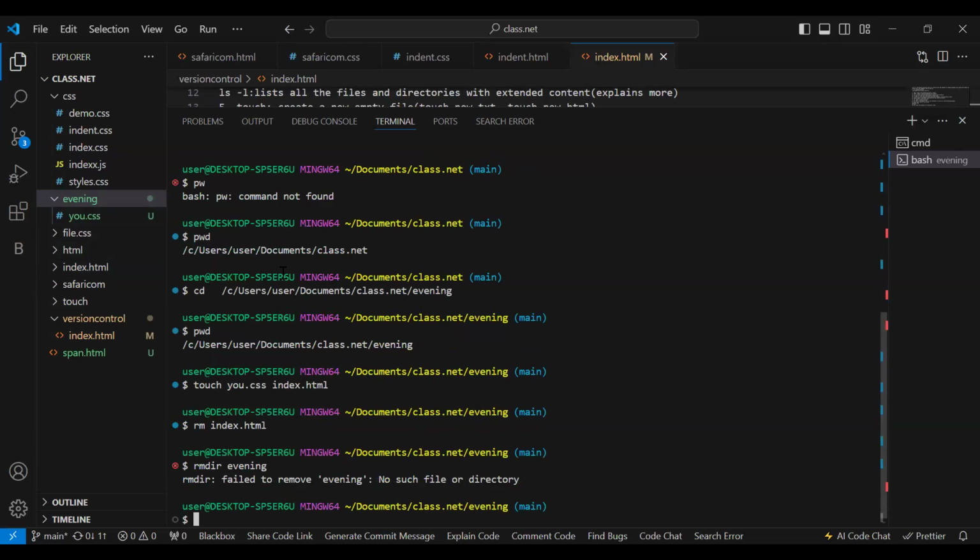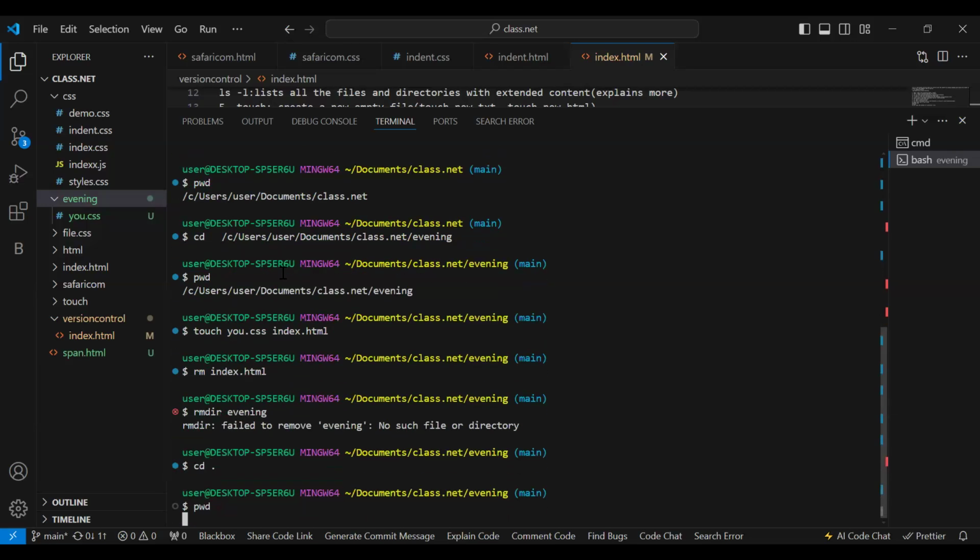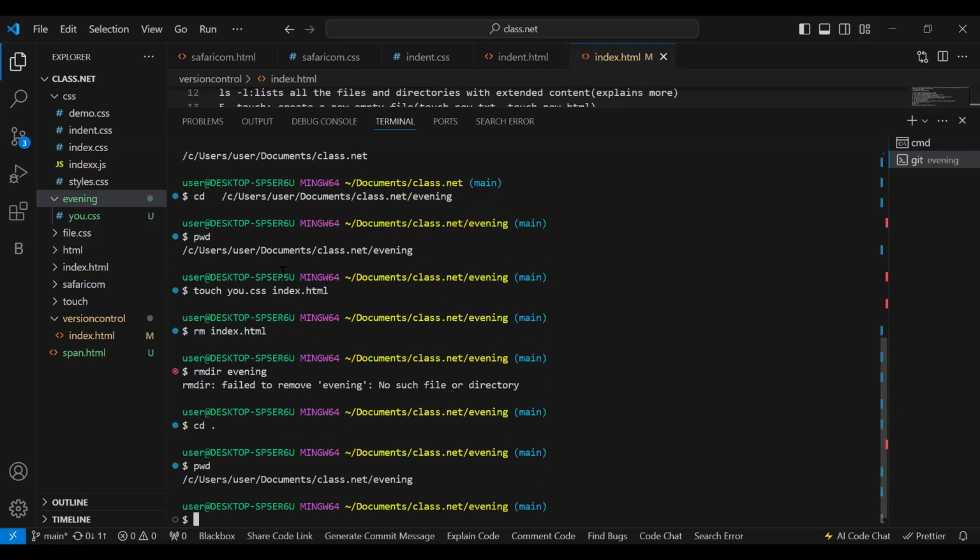It says failed to remove, no such file or directory. Yeah, so I just need to go back with cd one step to pwd. I just want to remove